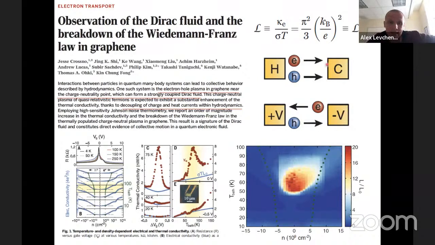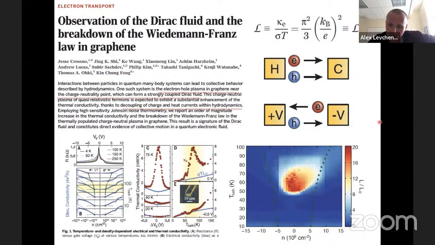So what's been seen experimentally is that we need to concentrate on panel D in this plot, that the blue line is the thermal conductance as expected from this formula. And the dotted points are the experimentally measured quantities. And it is also important to see that the domain of temperatures where this shows up is not the low temperature regime, but rather a higher temperature regime, somewhere between 50 to 100 Kelvin.